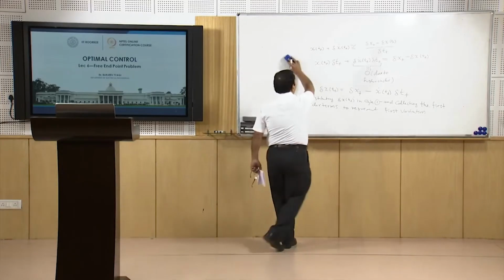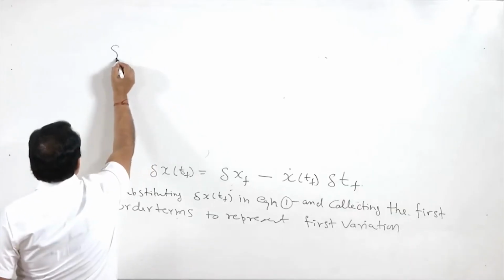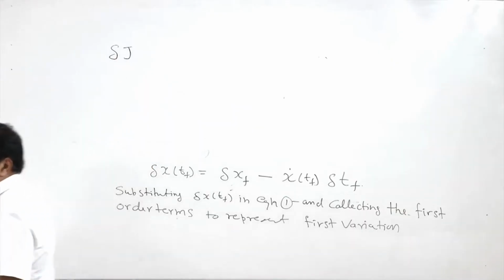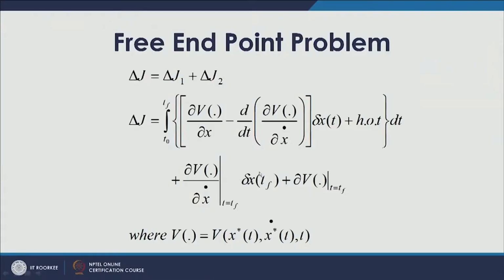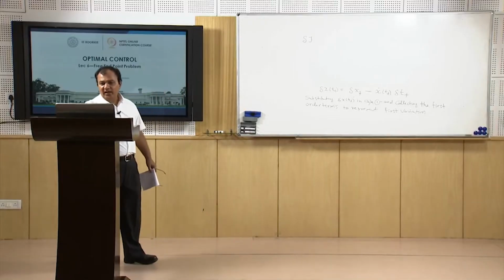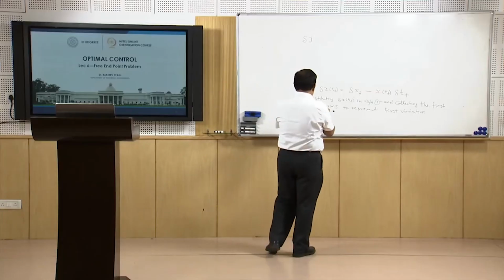So, the first variation we can write as delta J. So, what we are doing? We are substituting this delta x of T f as delta x f minus x dot T f delta T f in this equation. So, once we place this value, it will have one term with the delta x f, and another term with the delta T f. The delta T f we will collect with the second term, and the overall expression can be represented as